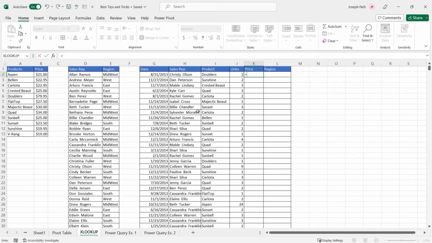I'm going to do equals XLOOKUP. I'm going to select my lookup value, which is doublers, put a comma. Where am I looking for the word doublers? In this list of data, put a comma. And what do you want to return? The prices. That's it. No longer do we need to do index numbers and column index and choose which one